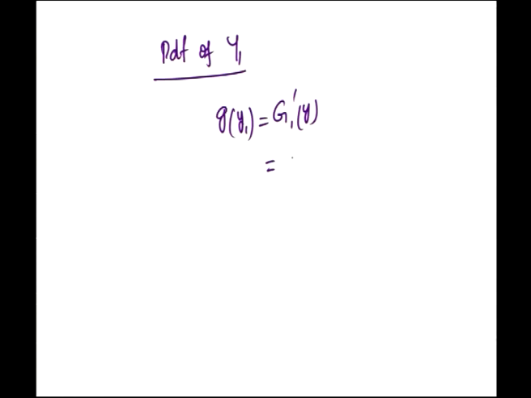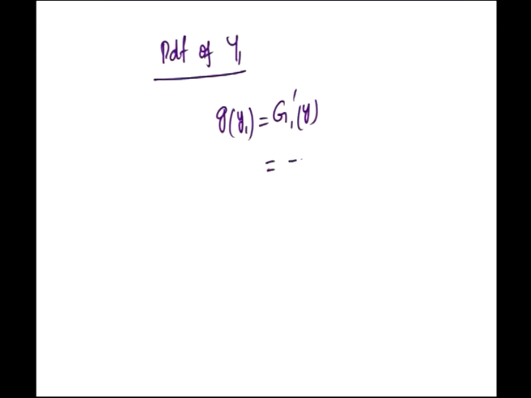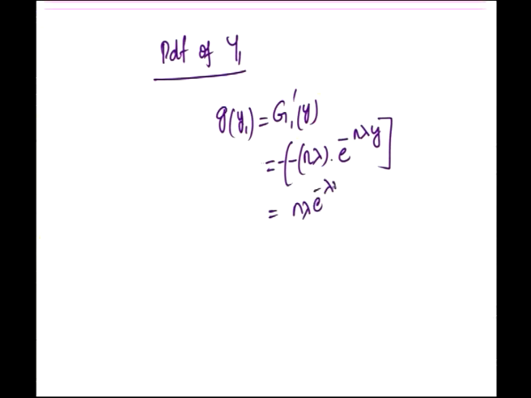Therefore, we will be having its derivative: the derivative of 1 is 0, e power minus n lambda y becomes minus n lambda into e power minus n lambda y. Already one minus is there, which gives n lambda into e power minus n lambda y. Okay, this is the PDF of y1,